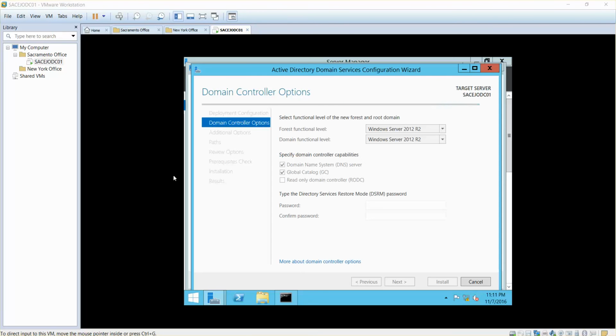So as you can see now, there was no domain controller with Elmjo Tech. That's why you see no errors. And now the forest functional level is Windows Server 2012 R2, which is the highest, and we are good with that. So we also want DNS to be installed. We also want global catalog to be installed. And then